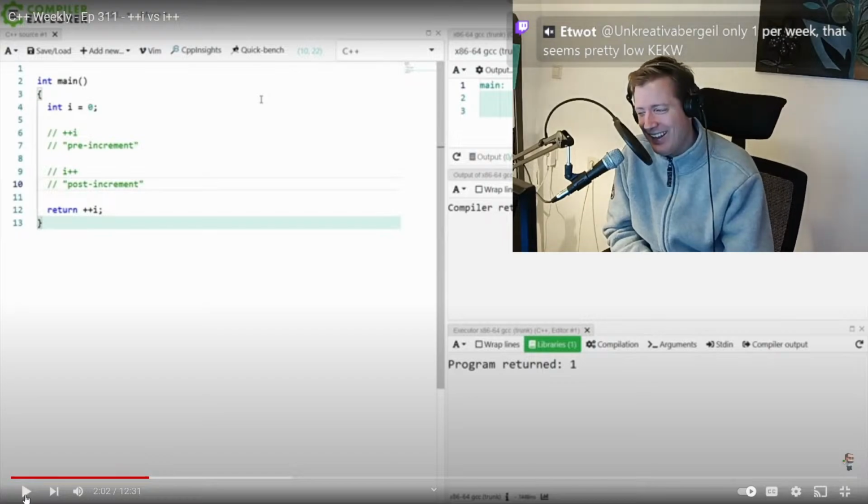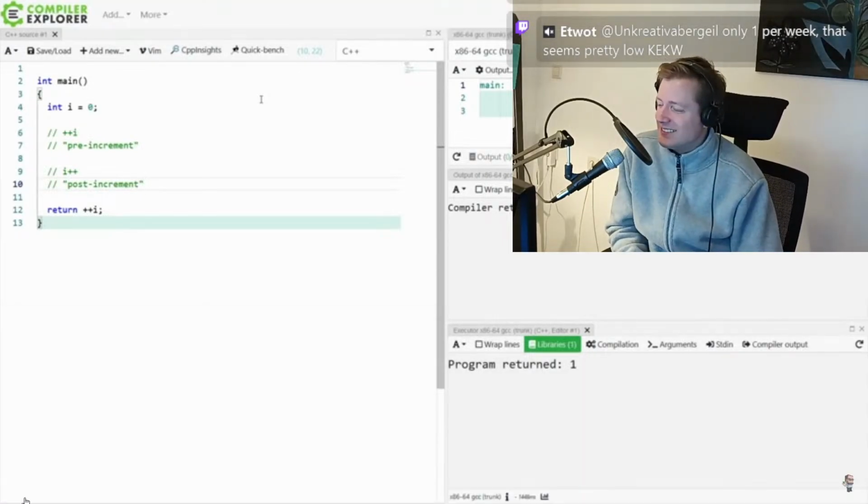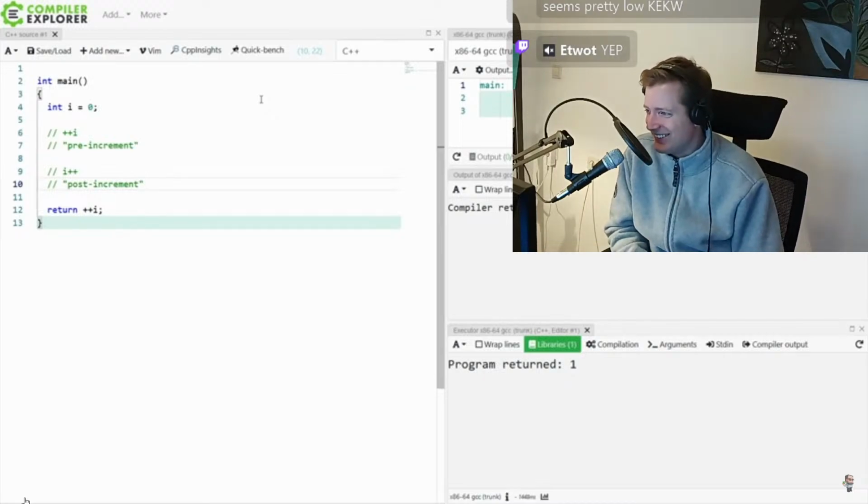Just to be real. Of defining them if you are implementing your own pre-increment and post-increment operator overloads for your